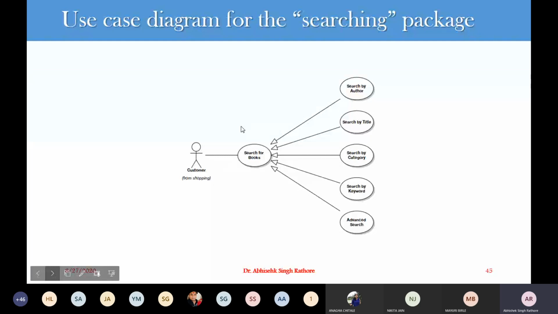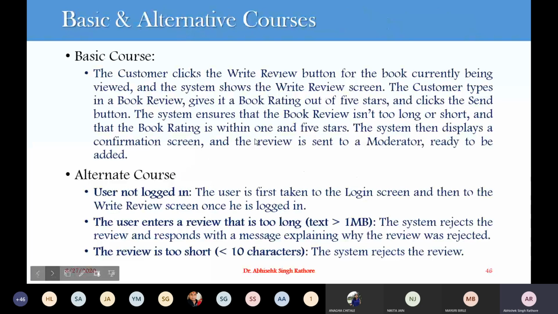Now when we are trying to write a use case description for this use case, we have to consider the basic and alternative courses, or we can say the basic flow of events and alternative flow of events. You can write it alternatively, that is basic flow of events, or basic course, or alternative course of events, or alternative flow of events. So we are having two types of events. First is basic course, and second one is alternate course. Basic course is when things are going good, and we'll consider alternate courses when things are going in the wrong direction, or it may be a worse condition.